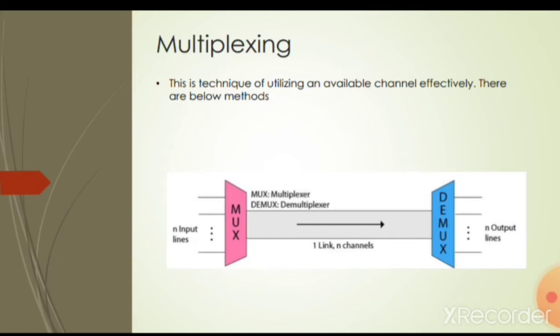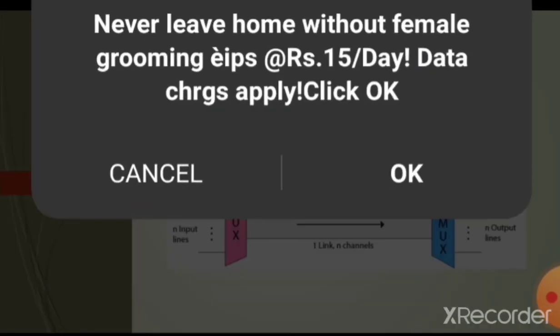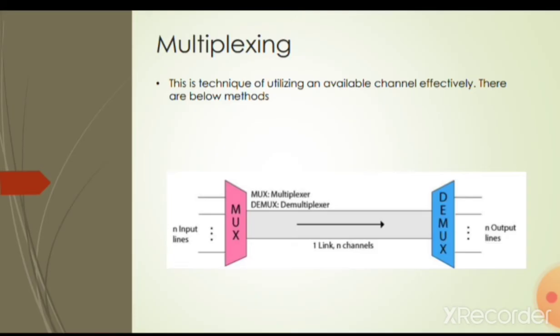Now, why do we use multiplexing? The transmission medium is used to send the signal from sender to receiver. The medium can have only one signal at a time. If multiple signals have to share one medium, the medium must be divided in such a way that each signal is given some portion of the available bandwidth. For example, if there are 10 signals and the medium bandwidth is 100 units, then 10 units are shared by each signal.